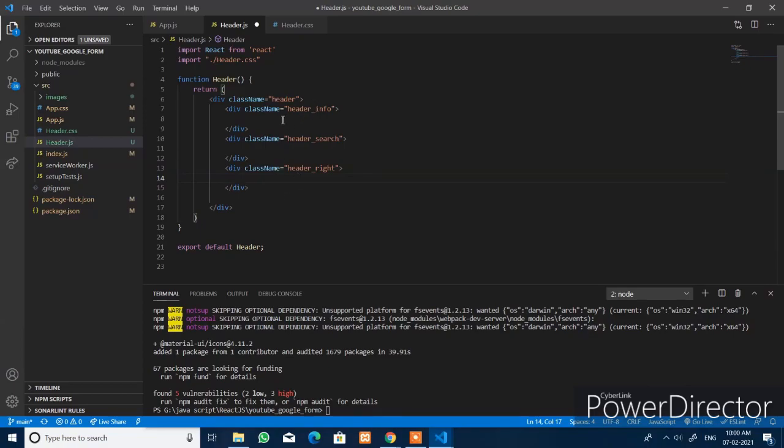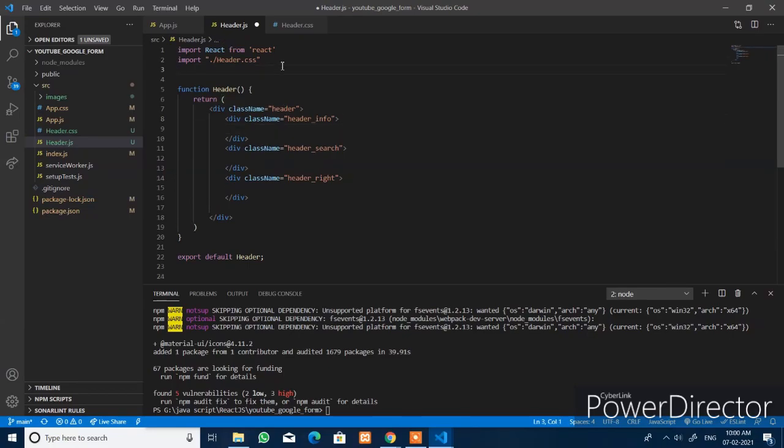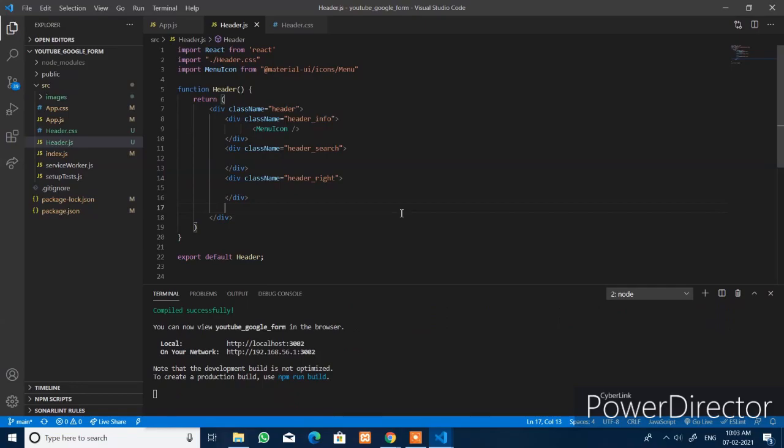First, to get the menu icon, you have to import it from the Material UI icons. Import just MenuIcon. If you go to the browser, it will not be visible.